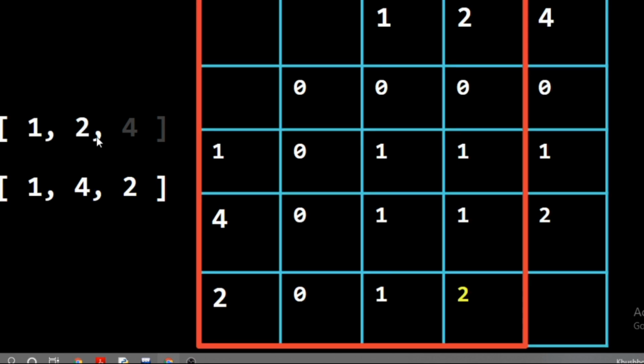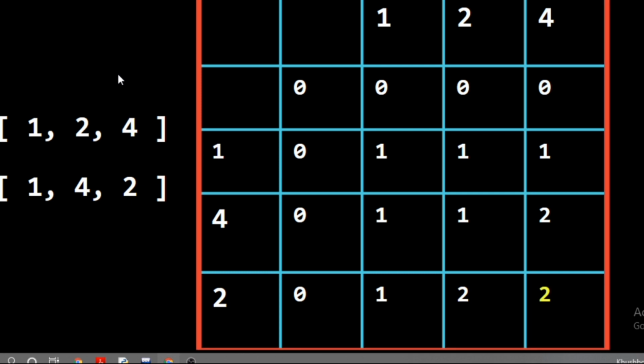So here 1 2 and 1 4 2 we have two common elements, 1 and 2. So we write 2 here. Now in this we have 2 and 4. They are not equal, so we will see the previous elements and take the maximum. For 2 and 2 the maximum is 2, so we write it down. This is called dynamic programming because we have stored the value of everything we have done before. But DP is nothing different, it is just an approach.